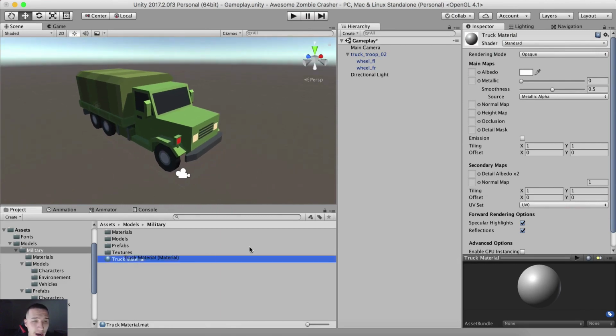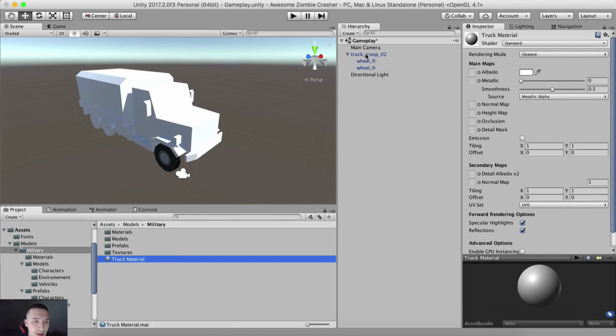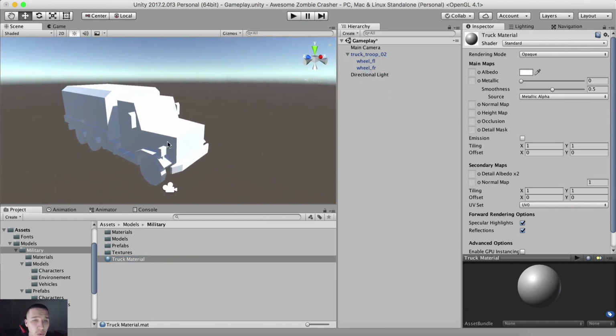What do I mean by this? Well, if I drag and drop the truck material on our truck, you see it will change immediately. So I'm also going to drag and drop it on the wheels. And we see it changed our truck back to white. What is going on here? Well, the problem is that we did not attach any texture